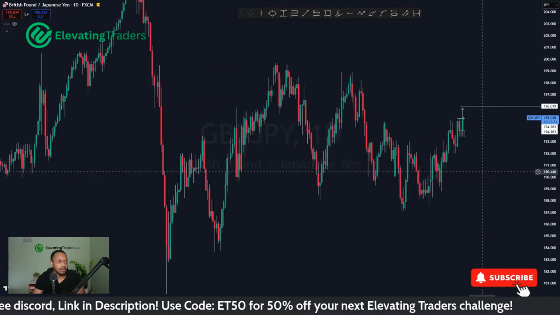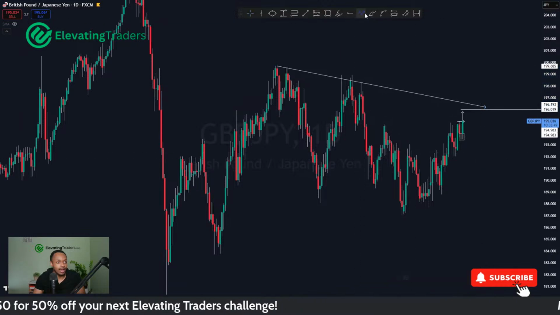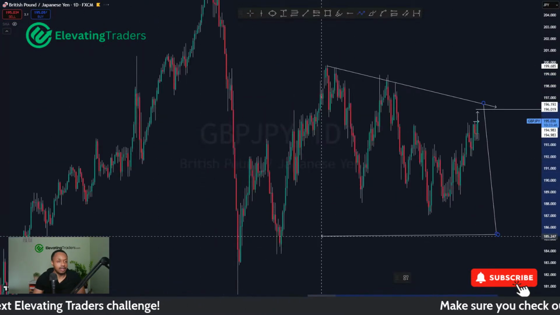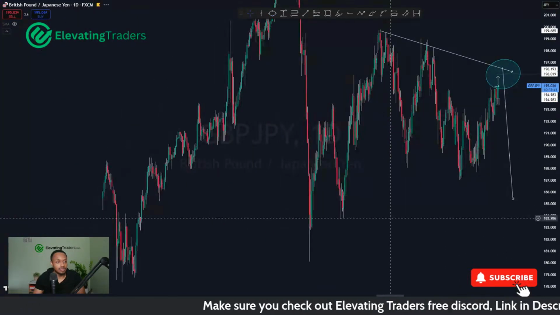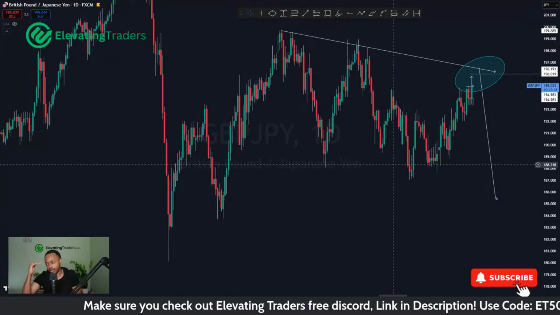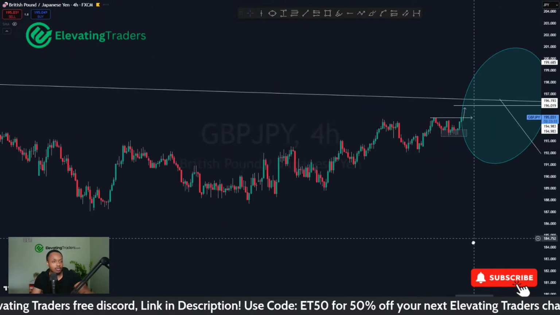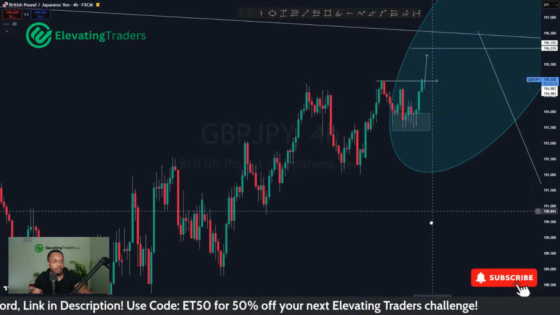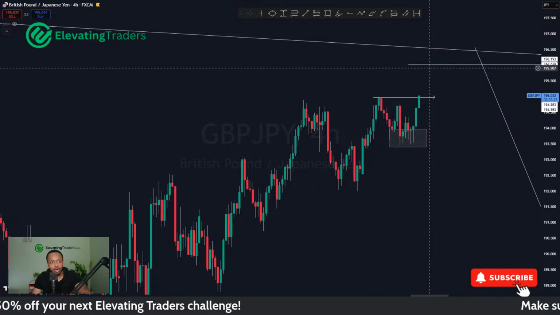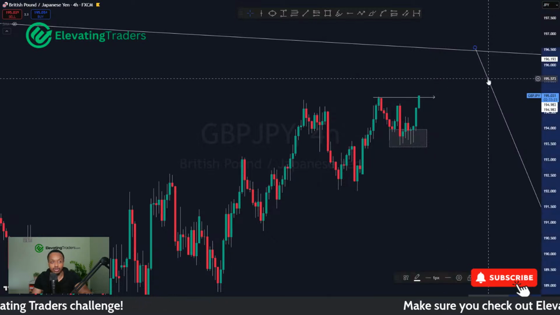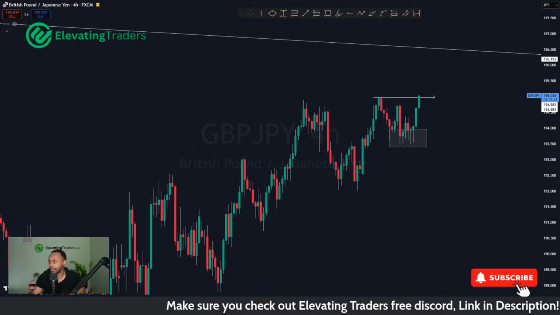I'm still looking at a big sell for pound yen, but we might still be pushing a little bit higher before that happens, and then we might get another sell from there. That's kind of what I'm looking at for pound yen. I do think there's a big sell to be had with this one, but I just think slightly higher prices can be expected, especially with how momentum's looking on the 4-hour chart. But yeah, it's some nice resistance. If we can reject that, I do expect a bit of a drop, but I just wouldn't hang on to that position too long because I do think momentum in the higher time frames will probably eventually push us higher.